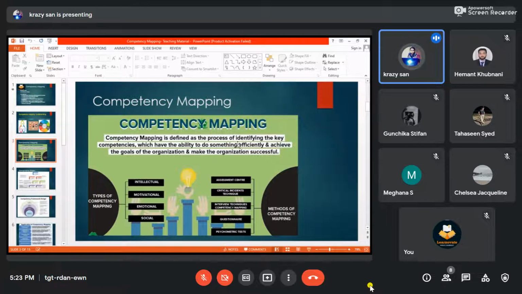But when it comes to the methods of competency mapping, how you evaluate that your particular human resources have certain competencies, you being an HR manager or an owner or at a higher top management level, you use certain methods to evaluate it, to map it, to measure and identify, that is assessment center, official incident testimonials,